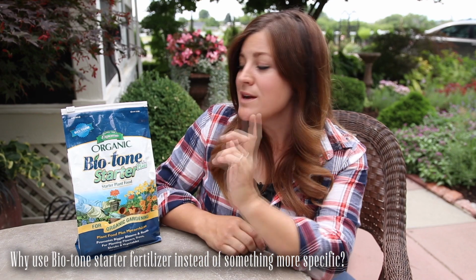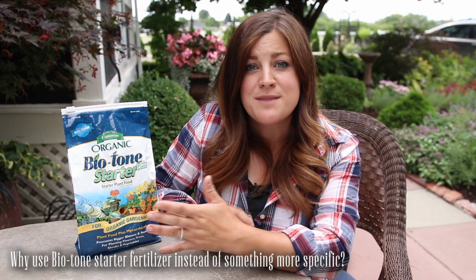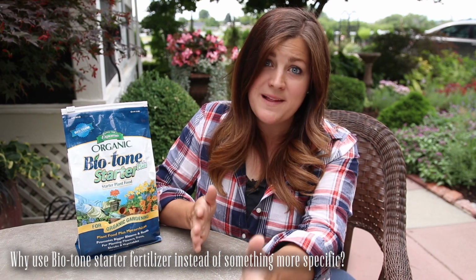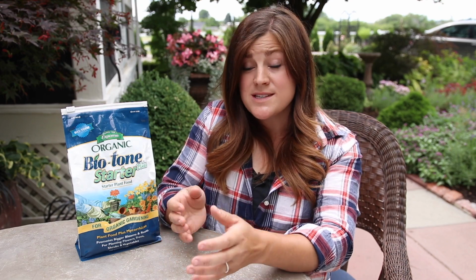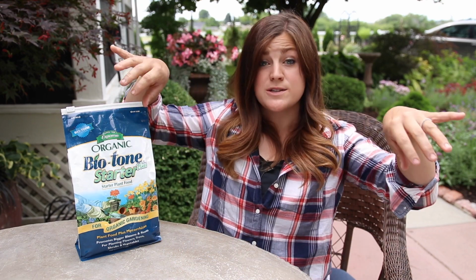Question two is, if I'm planting a tree or a rose or a shrub, why would I use Biotone starter fertilizer instead of something geared more specifically to that type of plant, like a rose tone or a tree tone or hollytone? And the reason for that is because those more maintenance type of fertilizers do not contain mycorrhizae, and it's unnecessary for them to have it because mycorrhizae only works when it makes physical contact with the roots of your plants. And when we're applying those maintenance fertilizers, most of the time we're just sprinkling them either on the soil surface or even just lightly scratching them in, and they're not actually going really deep down and touching the